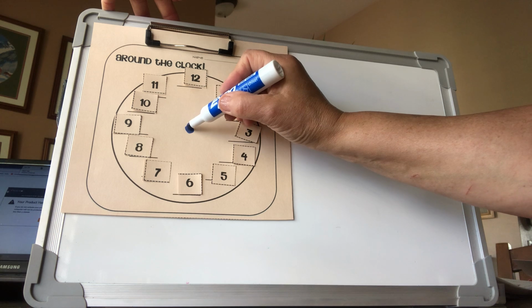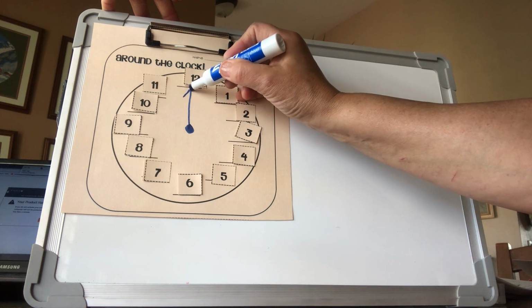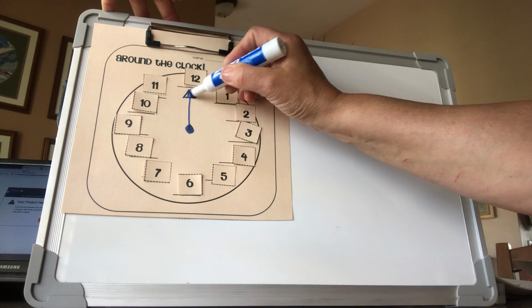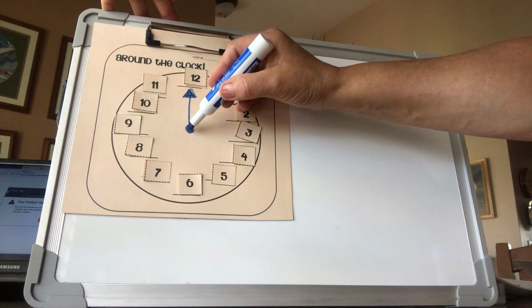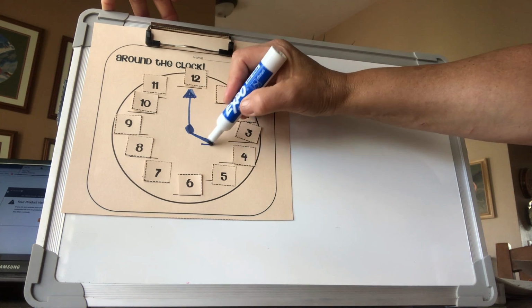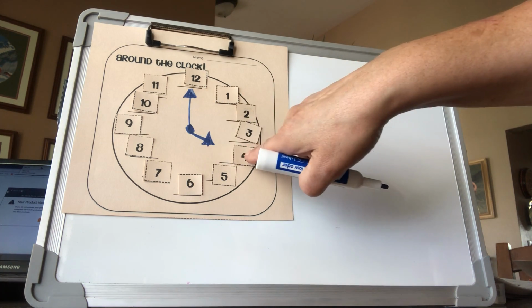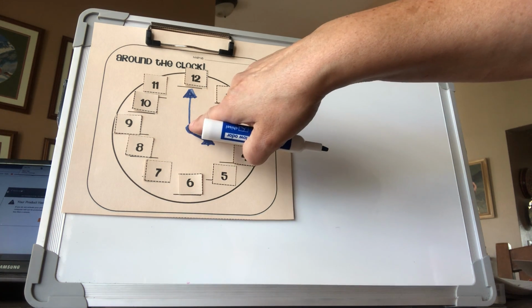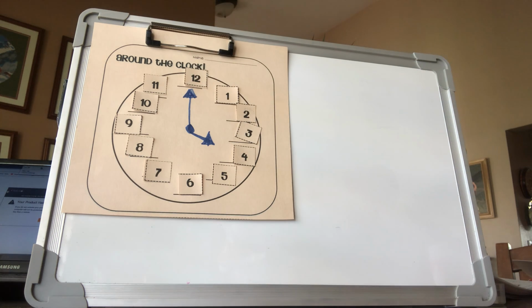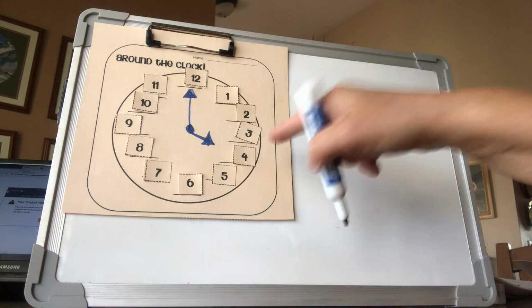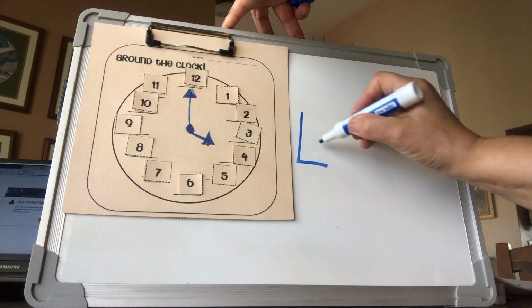This time I am going to make a little dot right here. I'm going to make the hour hand, the minute hand, I'm sorry. The minute hand is the long one. And I think I'm gonna make it 4 o'clock. And that's the small hand. The small hand is pointing to the 4. The minute hand, the long one, is pointing to the 12. So that's 4 o'clock. And this is how I write